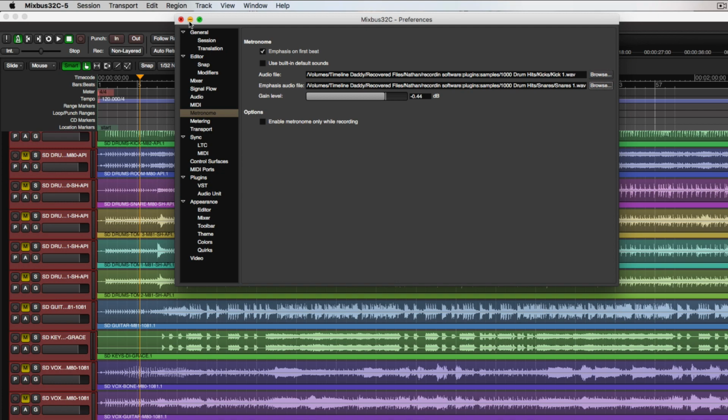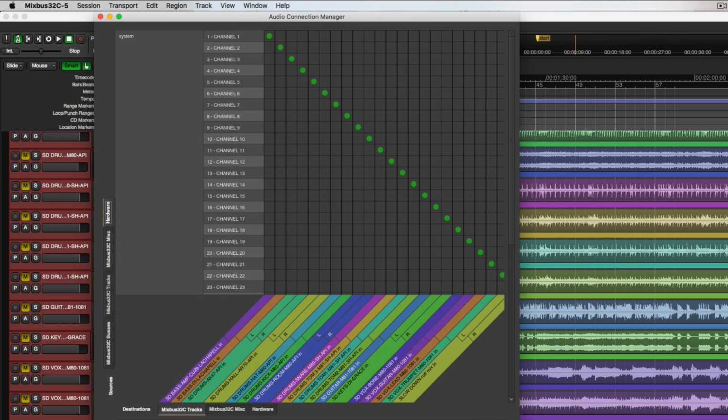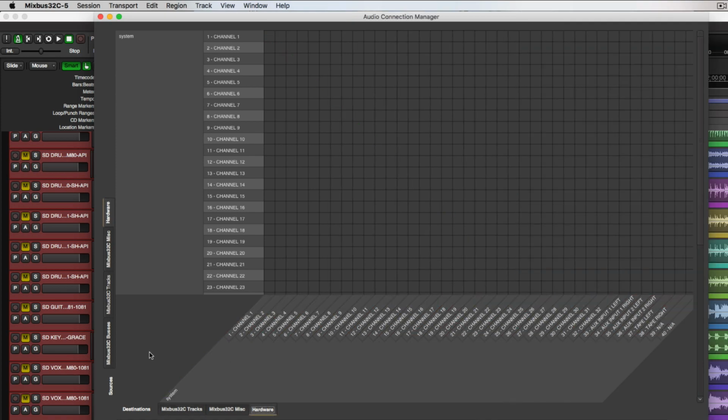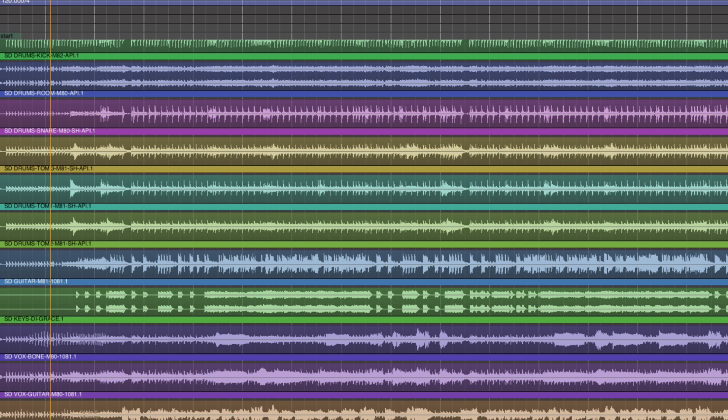One thing I do want to look at is our audio connections, and under hardware I want to look at my click output, and you can see that it's going to channels 1 and 2. On my PreSonus board I have one fader that I primarily use for my click track. That's going to be channel 12. So I'm going to put both of those in the same channel because I don't need it to be in stereo or anything. So now when I press play,